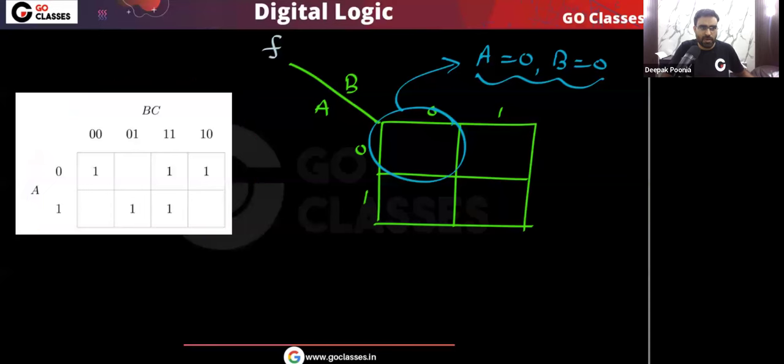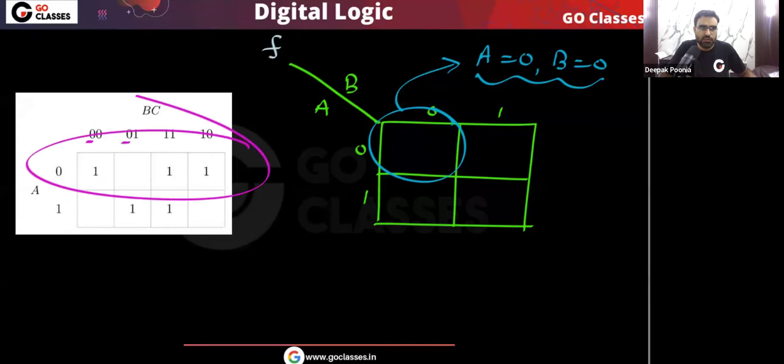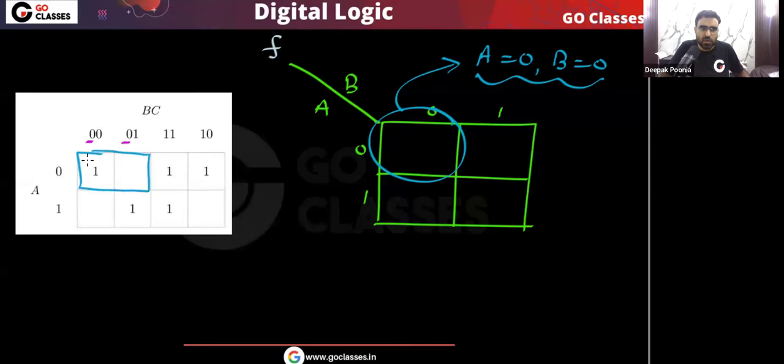So look at this standard K-map and see where is A0, B0. You can see A is 0 in the first row and B is 0 in these four cells. You can easily see that B is 0 in these four cells, and A is 0 in these four cells. So where is A0 B0? You can see this is A0 B0. These two cells are where A is 0, B is 0. Very simple. Now you can see that here function is 1 and here function is 0. I told you in the K-map, all the blank entries are basically 0.